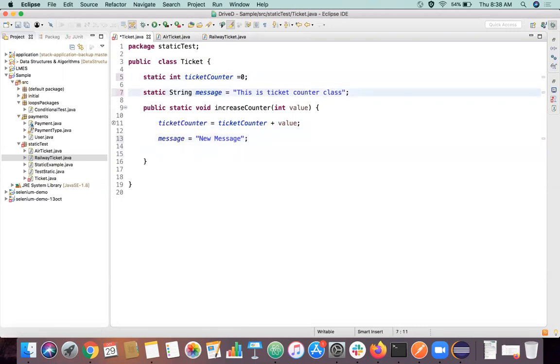Now you are saying that here the static will create a static memory and it will store that in a heap, right? Yes. And so what is the advantage, what is the main purpose of having a static keyword with it, whether it can be a method or a variable?